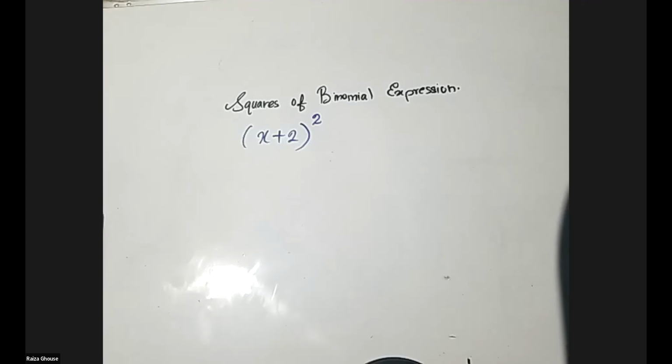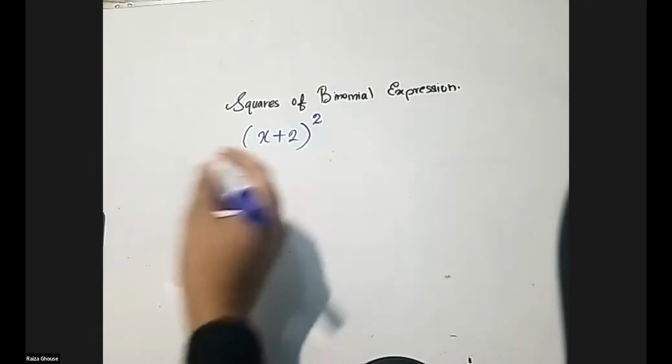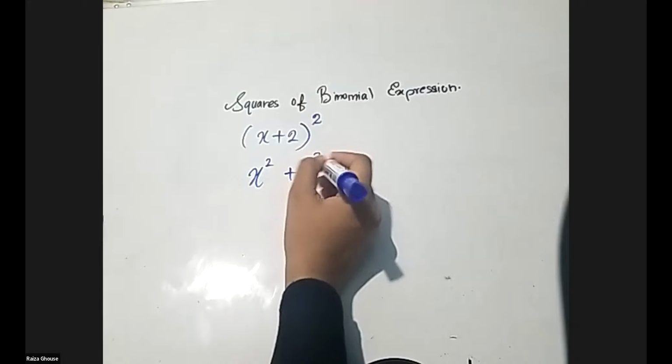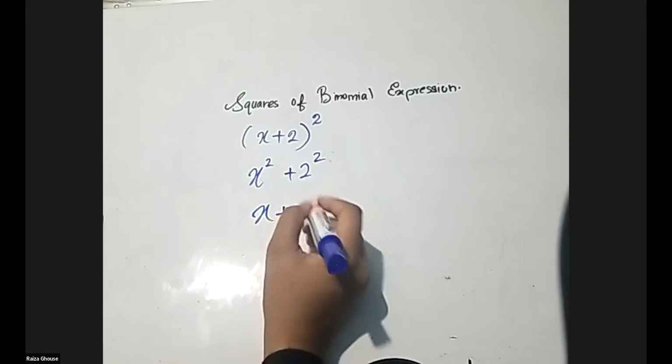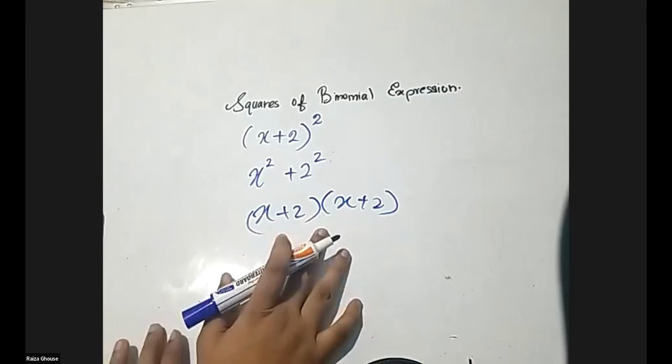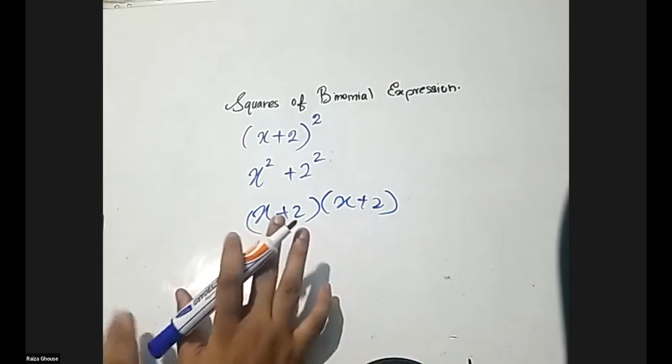x plus 2 into x plus 2. That's also no. Okay, I have to tell, x into x, 2 into 2, that's the thing I said no, dear. x into x and 2 into 2 is no. x plus 2 into x plus 2 is also a first step I can tell. I can't say it's no. It's like a first step.